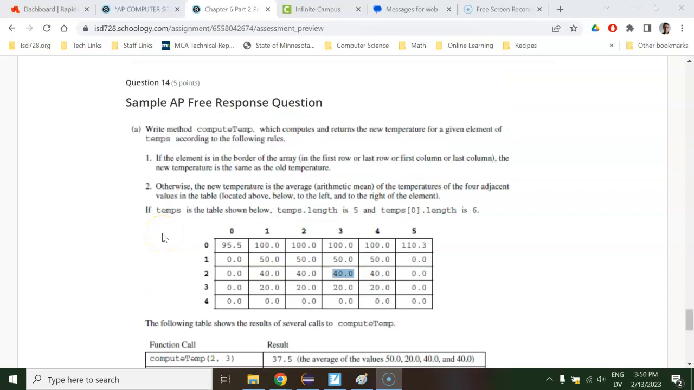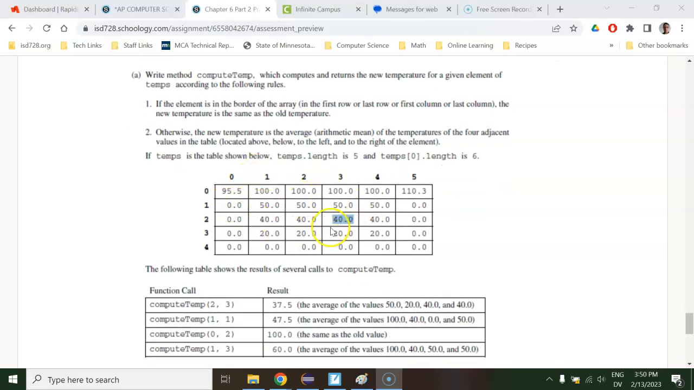All right, this is going over the sample free response question here on the Chapter 6 Part 2 practice test. And I just realized there's a flaw in this question. I must have not pasted all of it in here. But basically, we've got to take this 2D array and then compute the temp given a row and column as